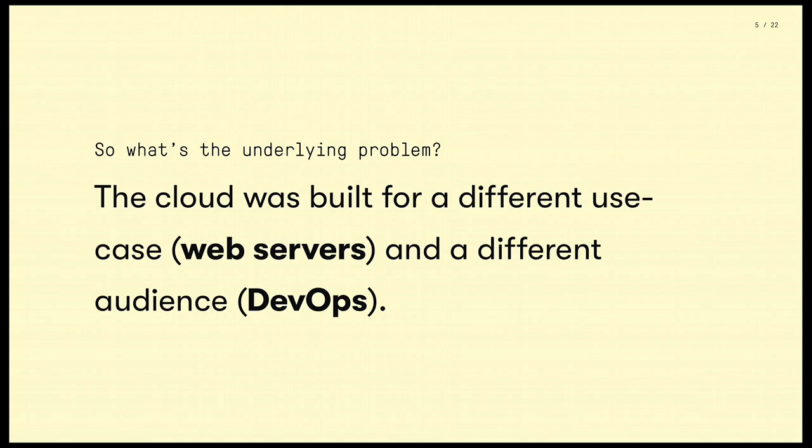So what's the underlying problem here? It really comes down to one thing. The cloud is the perfect place to run these kinds of workloads, but the cloud as we know it today was really built for the singular use case of deploying and managing web servers. Cloud products are really built for DevOps, and DevOps, as an audience, has almost nothing to do with deep learning practitioners. Ultimately, what this means in practice today is that if you want to invest in this technology, you have to make a really substantial upfront investment in DevOps and tooling before you can see any results, effectively.